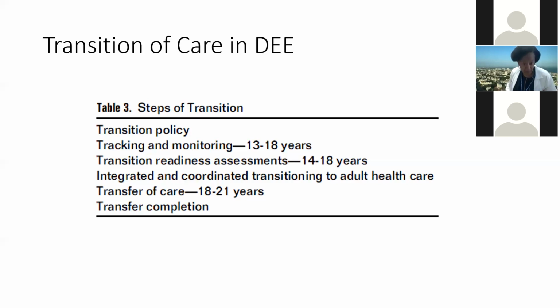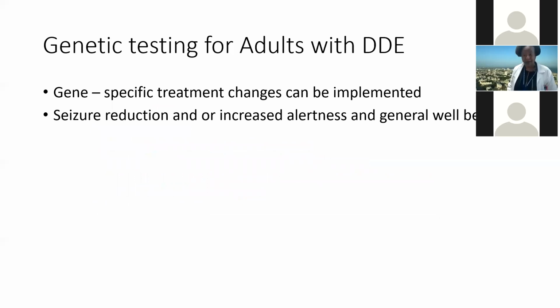We have to coordinate that transition of care with the adult providers. We have to help them not be afraid of these patients, so they can receive the care that they need. And then we should complete the transfer of care between ages 18 and 21 years. After that, it should be completed, and we should not have the patient coming back, as often happens, saying, I didn't like the adult doctor. They know how to talk well with the patients, but here you have to learn to talk to the caregiver of the patient.